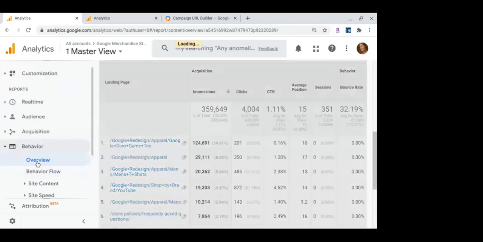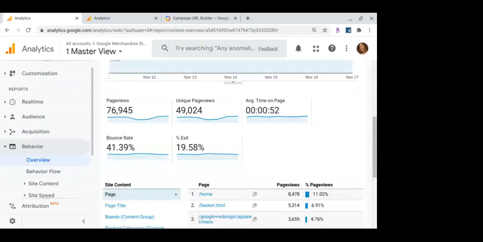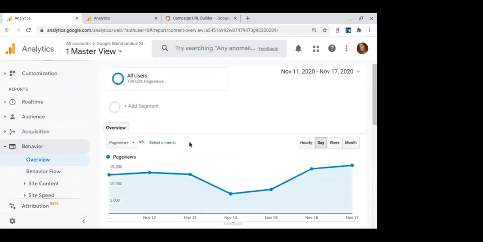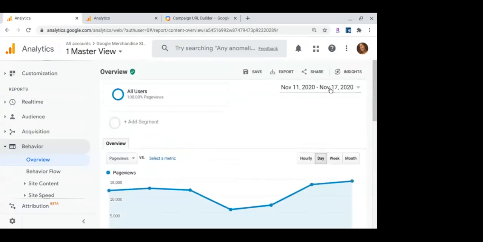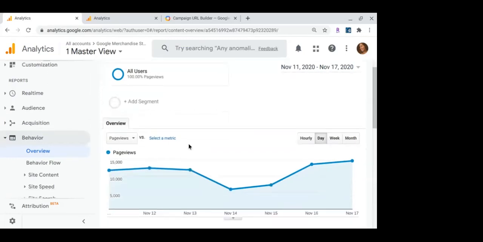So we're in the behavior tab. And this is overview. So again, every report has an overview. If you're going in to track your metrics, which I recommend, then you can track those metrics using the date range. If you're doing it bi-weekly, you can just change this to bi-weekly, or when you're coming in looking monthly, and so on and so forth. But the behavior area tracks your users' journey on site, and specifically what pages they're